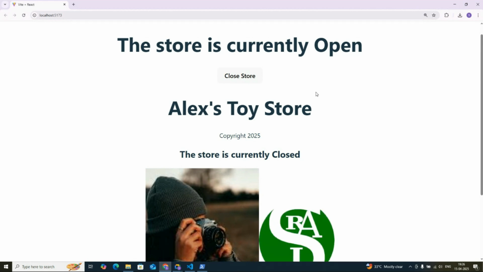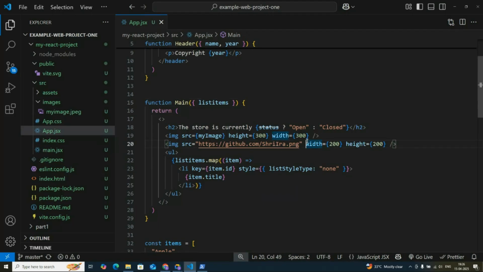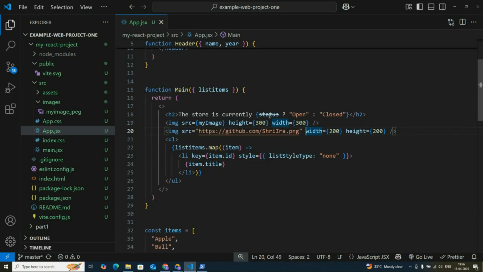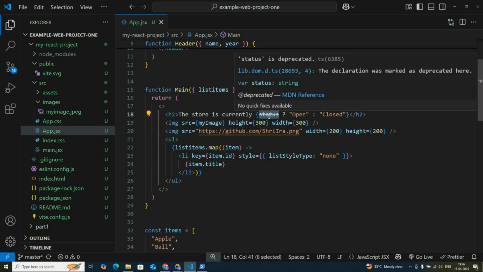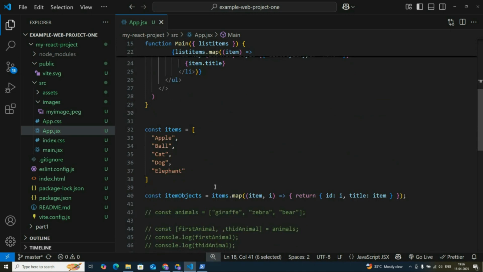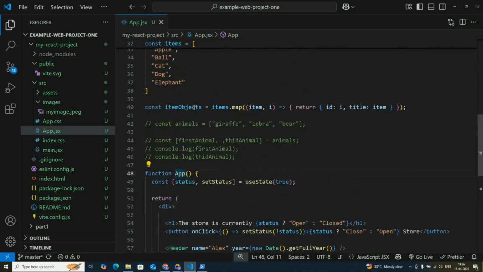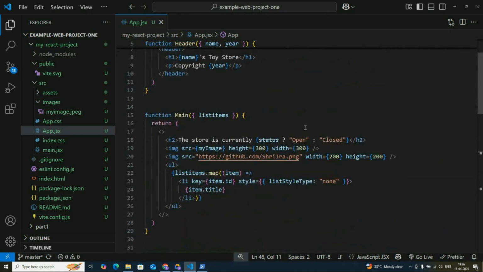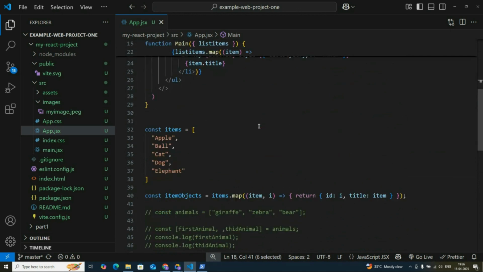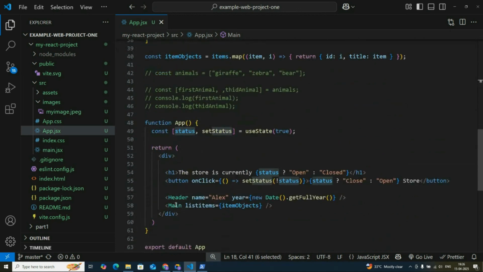That's because the status has not been passed. The status value has not been passed from the parent component to the child component. So I need to pass this status in as a parameter to this main component,